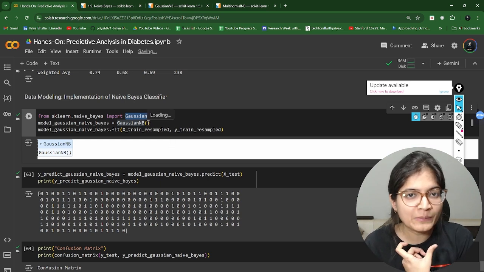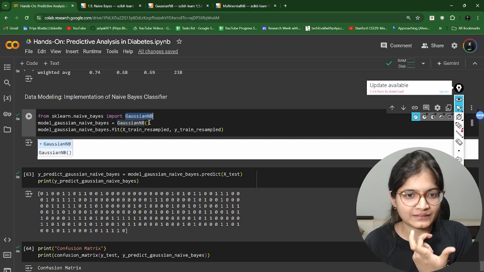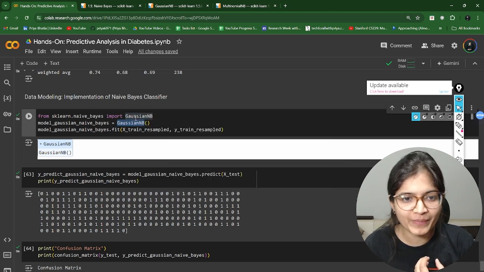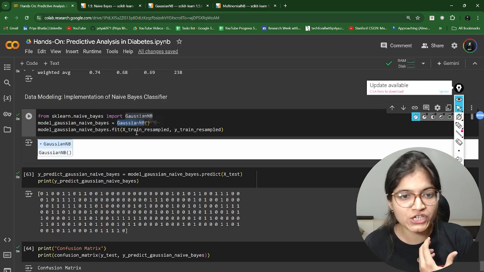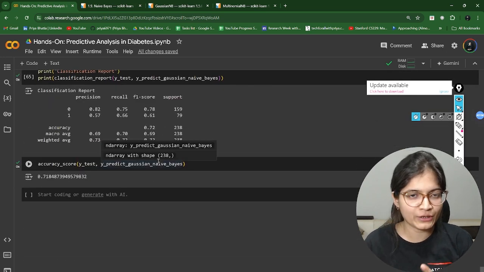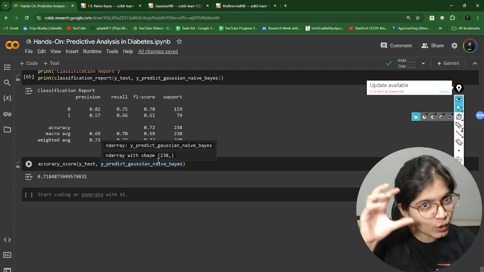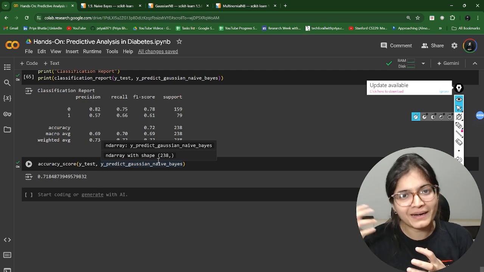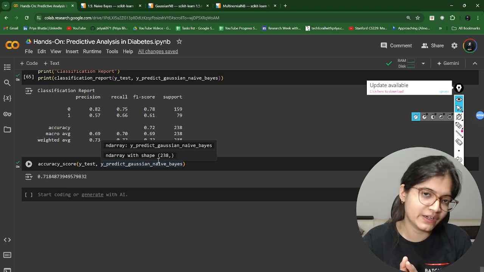In that case, let's say you want to implement Bernoulli naive Bayes, Bernoulli NB. You just have to change the import to whichever other algorithm you want to implement, maybe multinomial, maybe Bernoulli, whatever you want. And wherever I have mentioned Gaussian NB, you just have to mention Bernoulli NB, or categorical NB, whichever of the different varieties we have just explored. In this way, you will be able to implement everything. Internally, whatever algorithm you are applying, the code is written accordingly and uses that distribution, whichever you pass here, to train your model and get the results. This is how the complete flow will go with respect to naive Bayes.